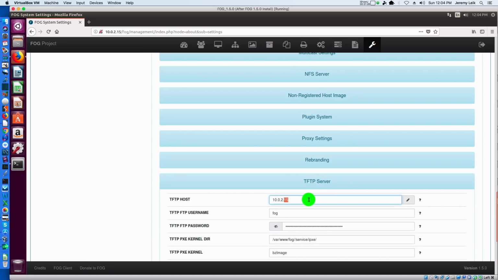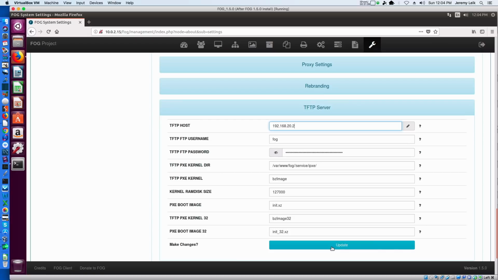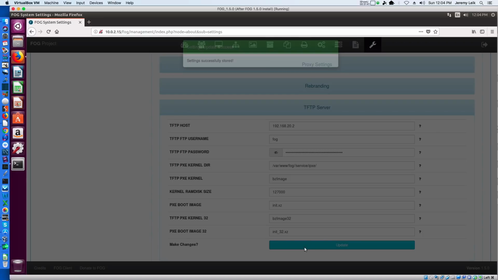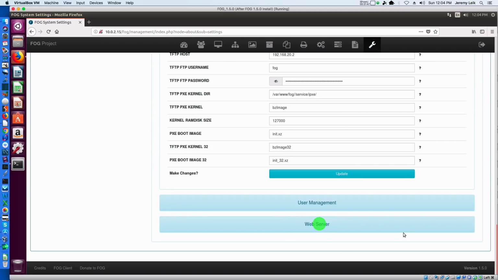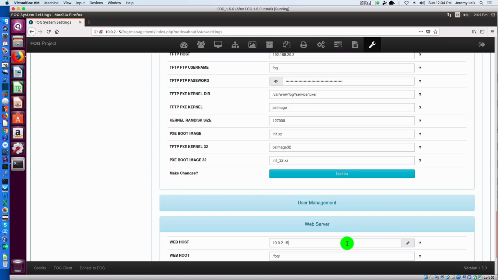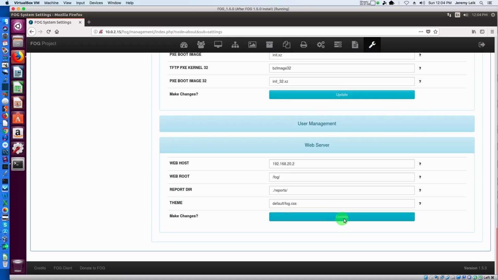Change this to 192.168.20.2. Update that. And web server, same thing. 192.168.20.2. Update,